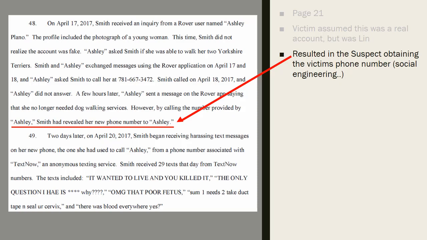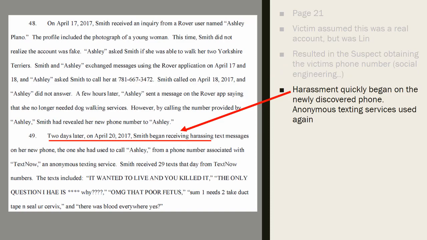And you can see as soon as Lynn got her phone number, quickly right after, he started sending harassing text messages. And you can imagine the connection is pretty easy to see: I got this account, and right away I started getting harassing text messages. Has to be from Lynn. The only way he got my number would have been him being that account that contacted me.